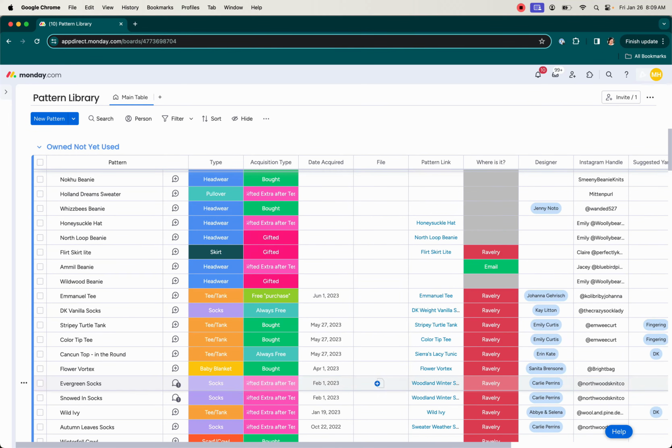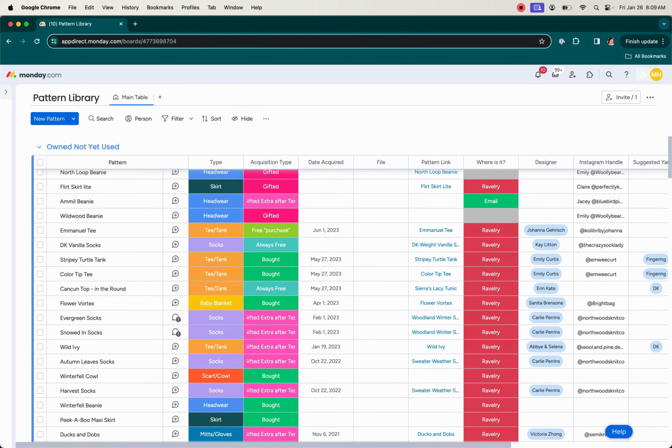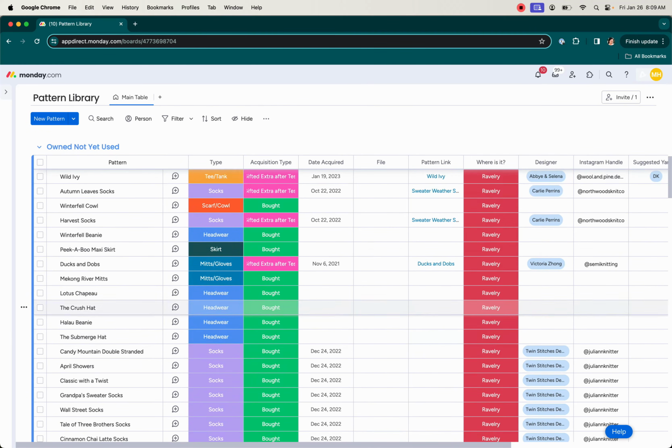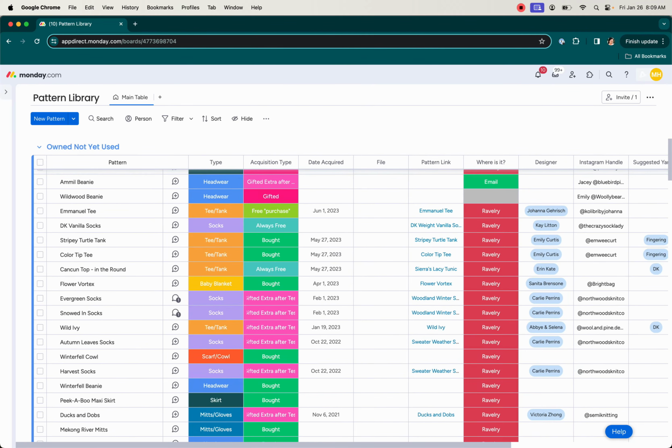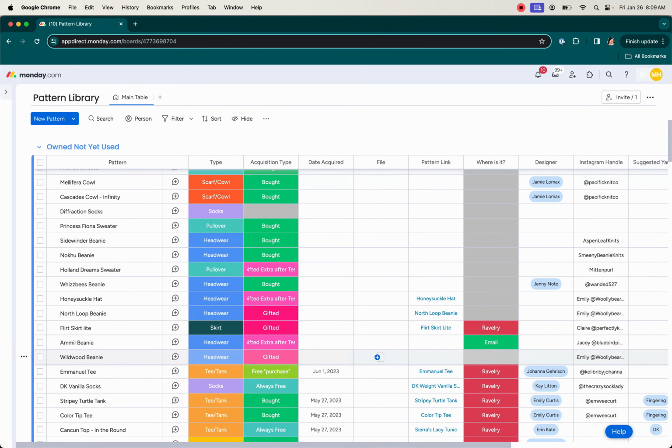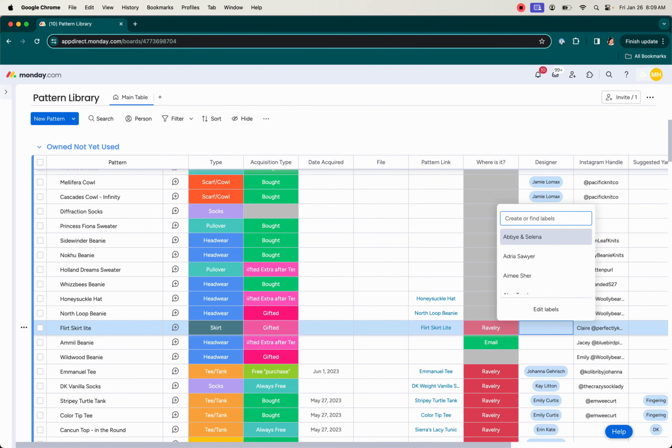But I was going to put files in here, but honestly, that seems like a lot of trouble since so many of these are in Ravelry. They're in my email. Sometimes I will just drop the file in because I don't want it to get lost forever. If I have filled them out well, then I have like this one is,